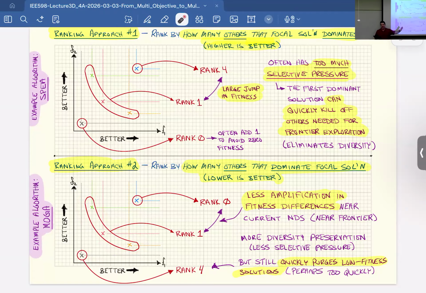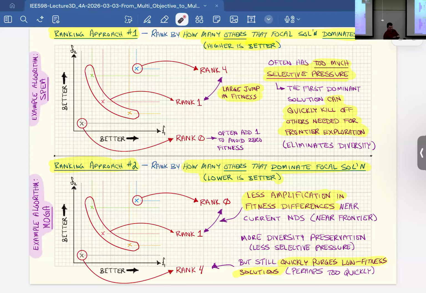So you usually don't get a huge number of individuals with exactly the same fitness. And that creates problems for drift because now you have a lot of neutrality. Although it allows for diversity, it also doesn't promote diversity. So it's a double-edged sword. And so this high selective pressure, even when it's down here, can maybe be overkill because Pareto ranking is going to be so important to maintain diversity as you go to higher and higher ranks.